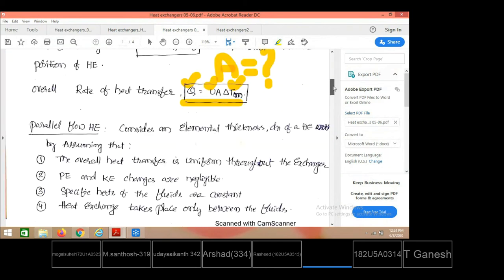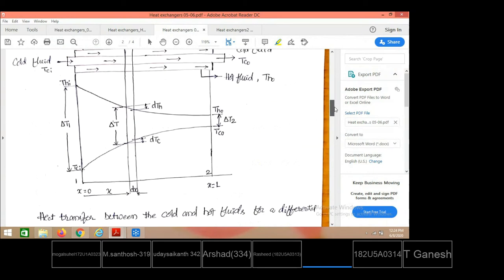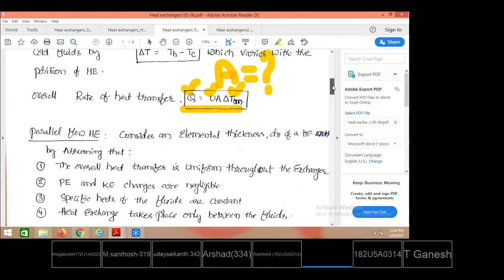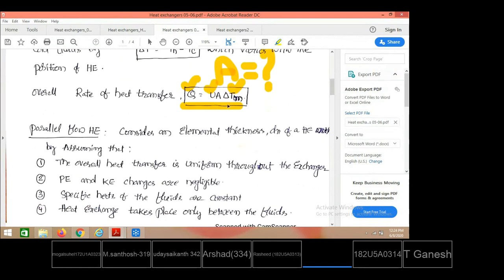For different kinds of heat exchangers, how do you estimate the logarithmic mean temperature difference? That is our next procedure. Knowing separately delta Tm, Q, and U, A can be estimated. That is our objective from the thermal design of a heat exchanger. We are not doing any mechanical design, only thermal design. That means exchanging how much heat from the hot fluid side to the cold fluid side. Then we will decide the size of the heat exchanger required.